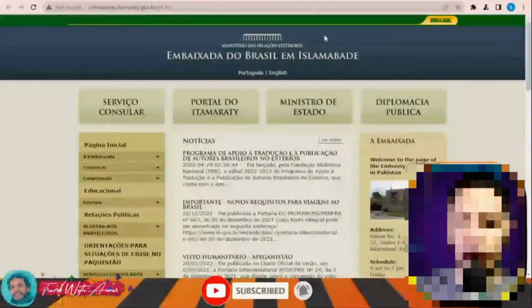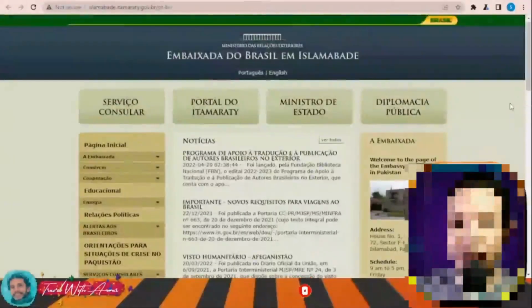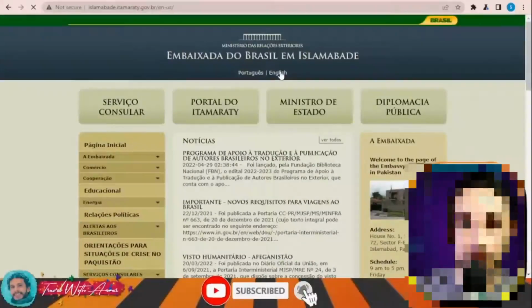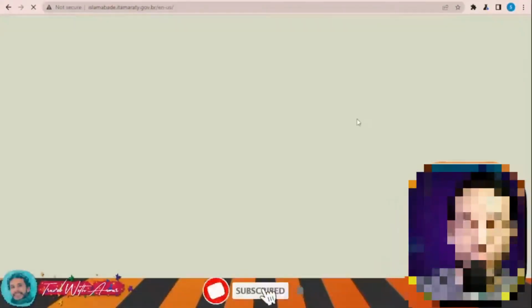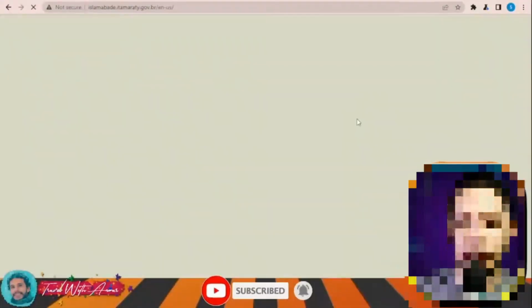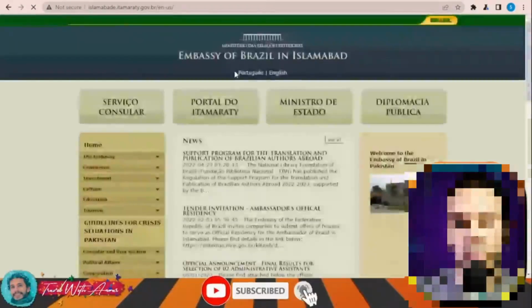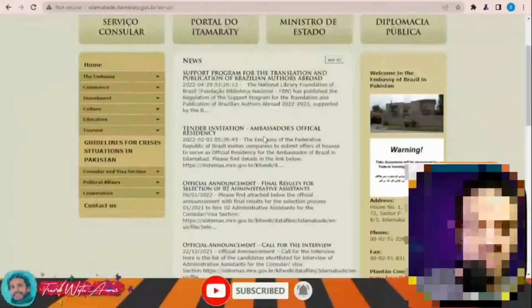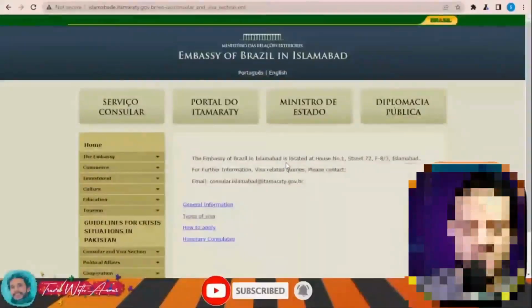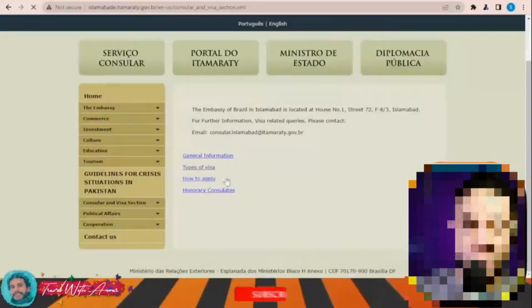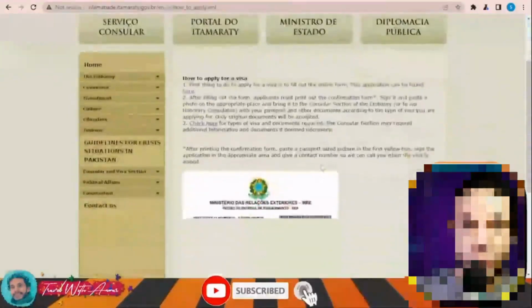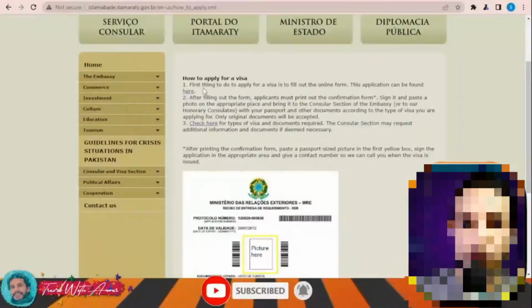If you are applying for example from Pakistan, it is also the same thing. Just let's change the language, make it in English. This is the website of the embassy of Brazil in Islamabad in Pakistan. Still loading. All right, this is the consular and visa section over here, and here they will tell you how to apply for the visa. They will give you all the information, like first you need to fill this visa application form,